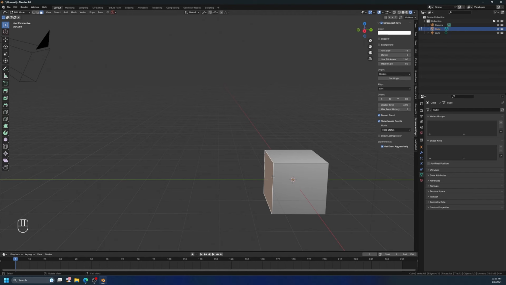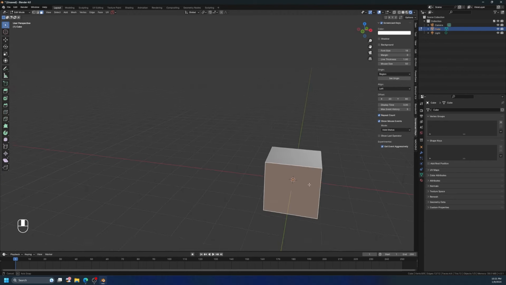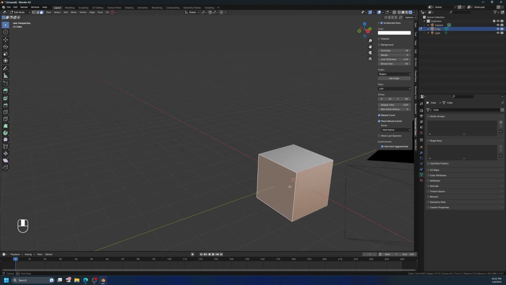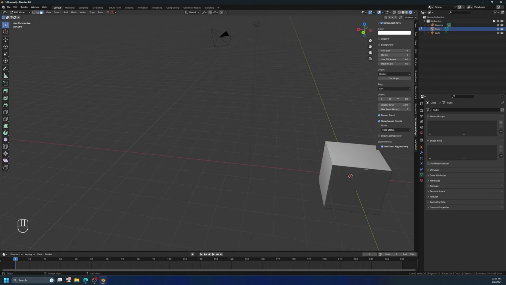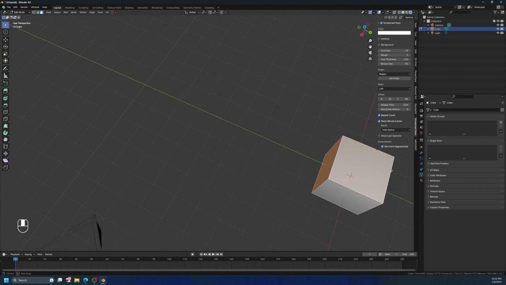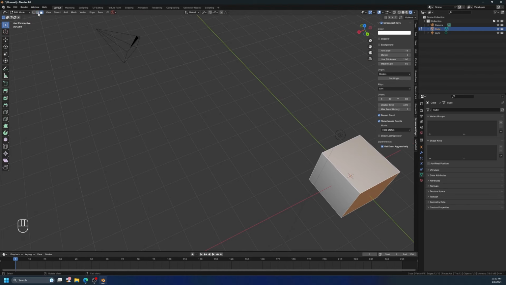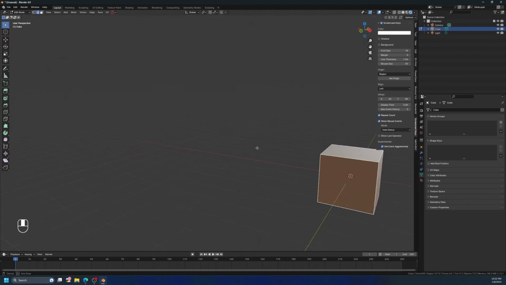And we can select all the connected faces by clicking on the side of the face with Alt. So Alt click on the edge of the face is going to select all the connected faces. For example, let's click on this face and then click on the side of it. It's going to select all the connected faces. And now let's go also to the edge mode. And in edge mode, we can select just an